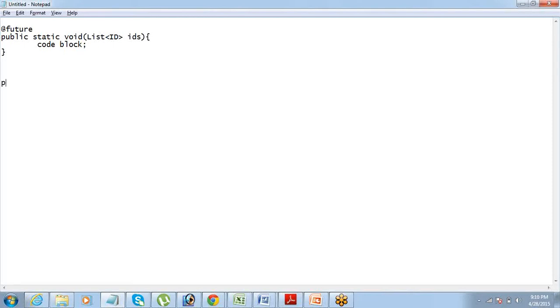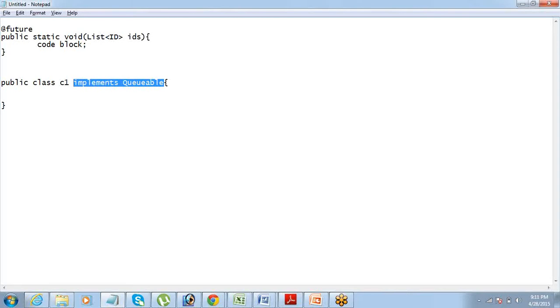So for that, you have to define the class, give a class name, let's say C1, and you have to say implements Queueable. So this is how you implement an interface. Implementing an interface is like calling in a library of Apex code, something like that. So if you have to use queueable Apex, you have to implement this Queueable interface here. So you should say this class implements Queueable.